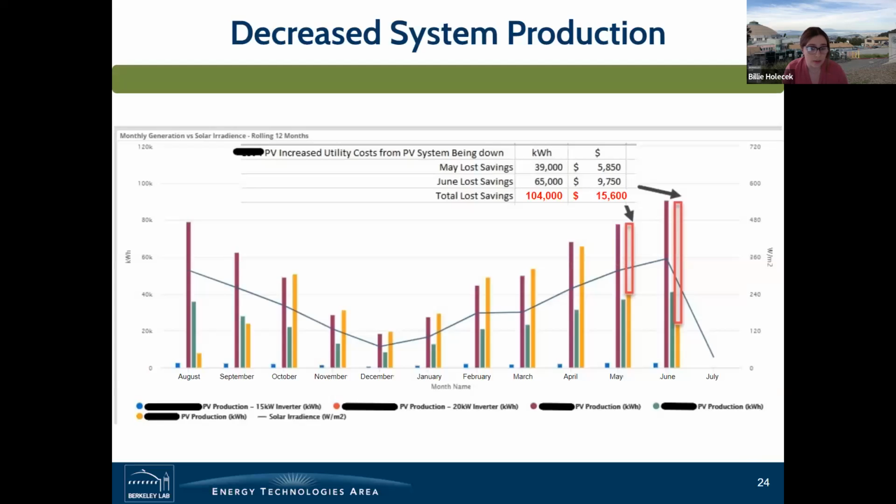There are also a couple of indications that can help system owners understand when maintenance might be necessary for their system. And this is one example. So on the screen here, you can see an indication of what happens when an O&M plan is not put in place. If you focus on the last 2 months of May and June, where you would generally expect PV system production to be high,